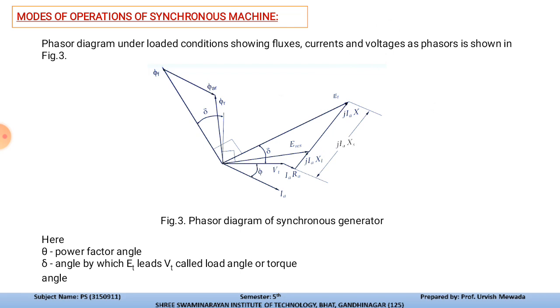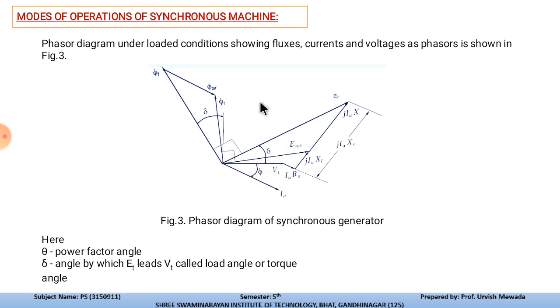One is we can increase the speed of the rotor with the help of the input of steam supply, or if we use that generator for hydro, then water supply. Ultimately we are increasing the speed of the turbine, so as the rotor speed increases, the cutting action of magnetic lines of force in one rotation will increase, so the EMF, or terminal voltage of the generator, will increase. This is the first mode.